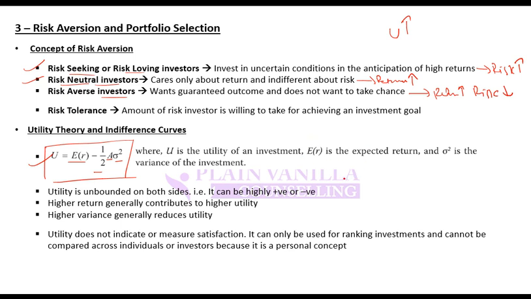Any problem so far? What was A again? Sorry? Aversion coefficient. This is a measure of aversion, that is, how averse an individual is to risk. So if he is more averse, this will be higher. If he is less averse, this will be lower. And if he is a risk lover, then this will be negative. That means if risk increases, he is more satisfied.